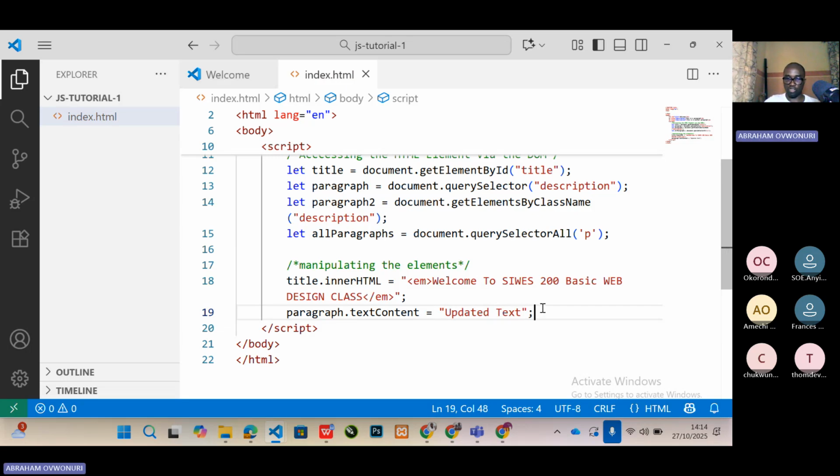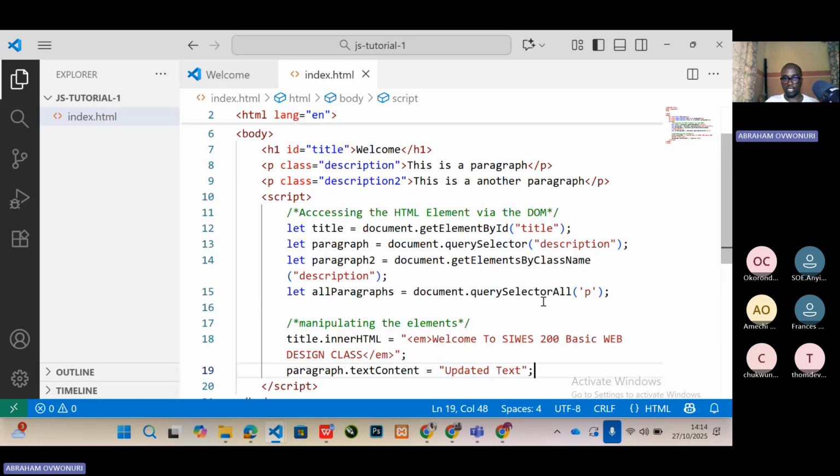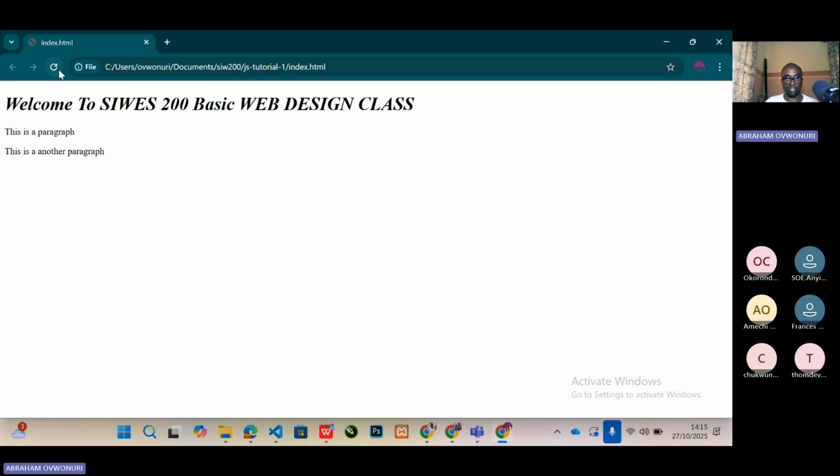We don't have much to use to fill it. Now, what was there before? Remember, which one did we call paragraph? The one on line 8. Paragraph 2 is the one on line 9. So don't allow it to confuse you, even though both of them are paragraphs in HTML. So if we go back to our browser and check,